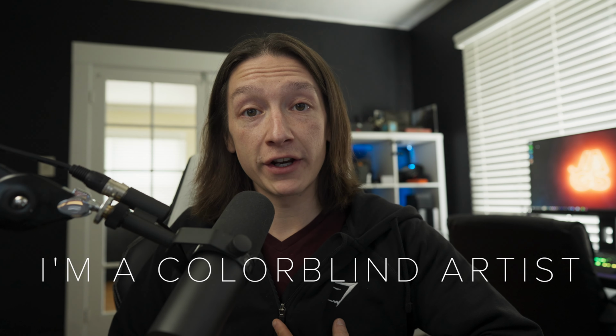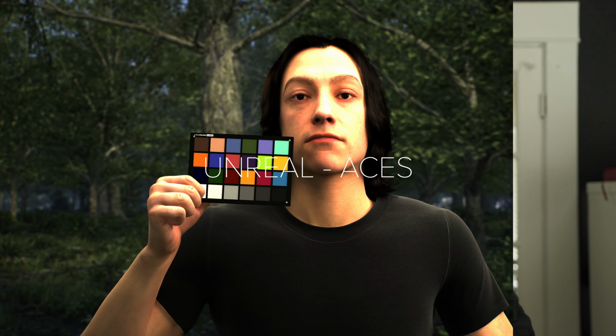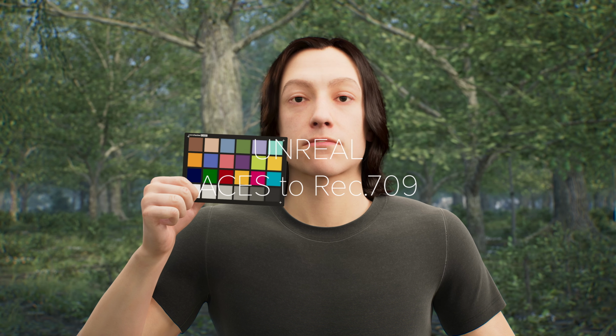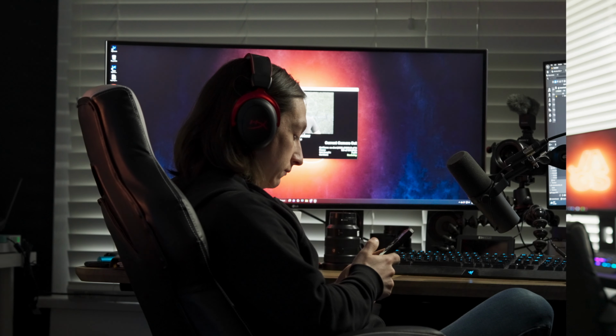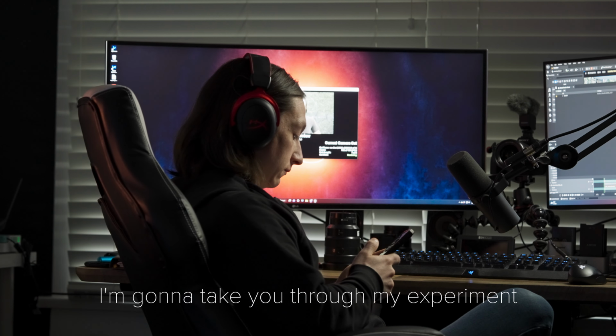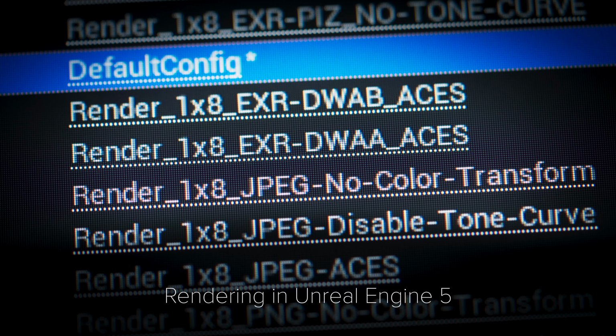I'm a colorblind artist, and rendering is sometimes a challenge for me because I want my viewport and my editor to look the same, and I want whatever I view on my phone or my TV to also look the same. So, I'm going to take you through my experiment rendering in Unreal Engine 5 all the different file formats